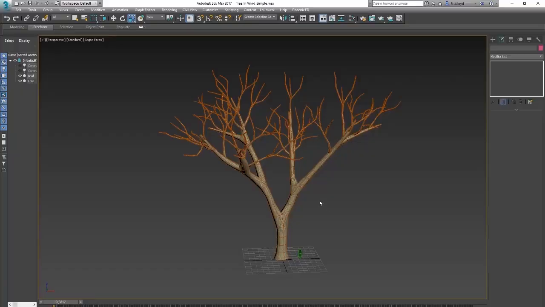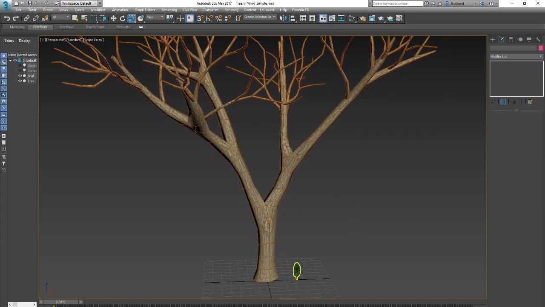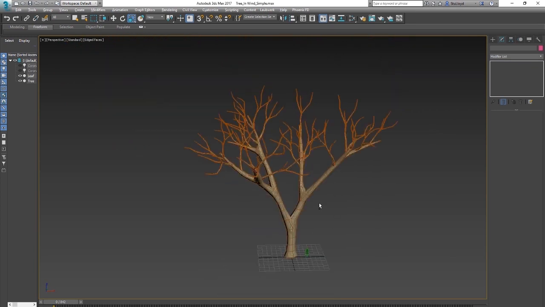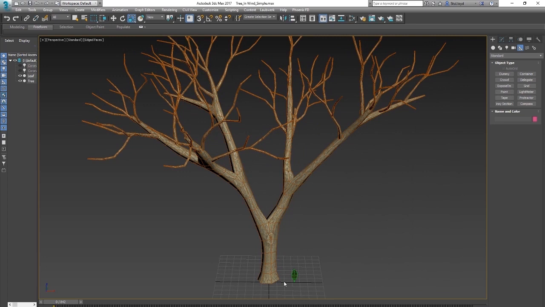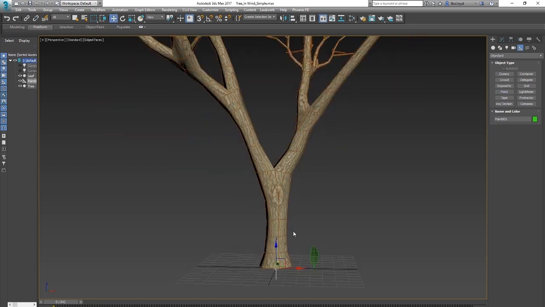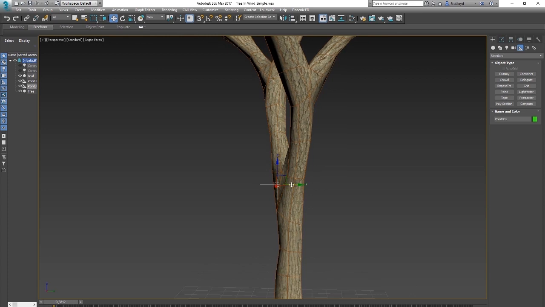Here's the simple way to do a tree. So I've got my tree mesh and my leaf mesh. I'll show you how to set up the simple way. We need to put bones through this tree. So what I'll do to make it easier to position the bones is I'll just create some points. So I'll go in here and create a point, and I'll just position these where I want the bones to sort of branch off